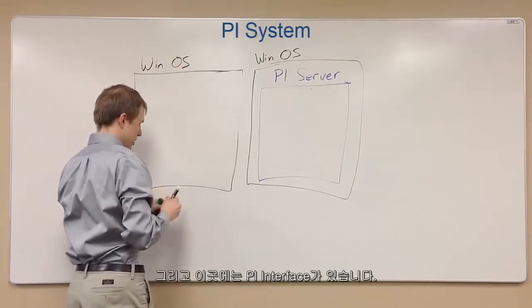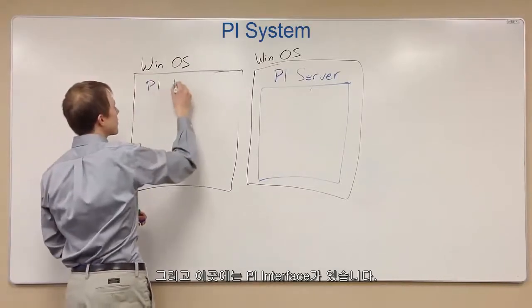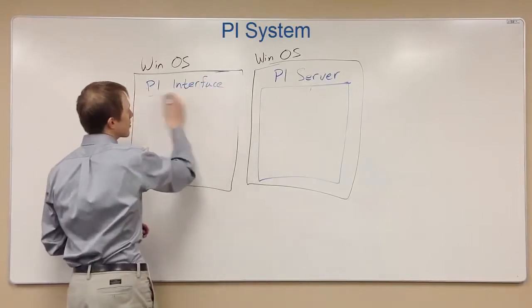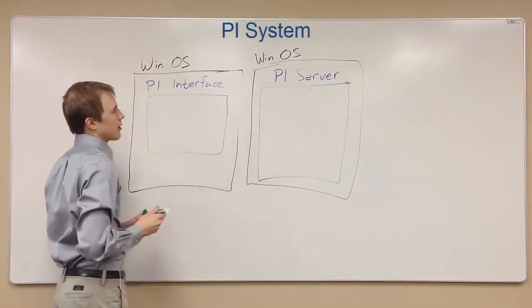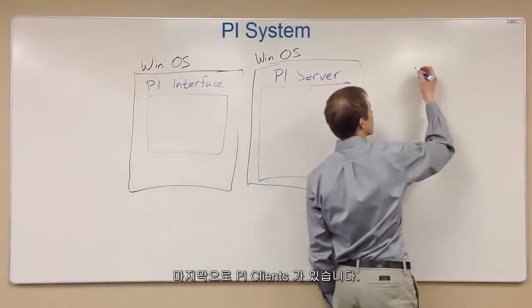Elsewhere, we have another Windows operating system. And on there, we have something called the Pi interface. And lastly, we have Pi clients. So these are things like,